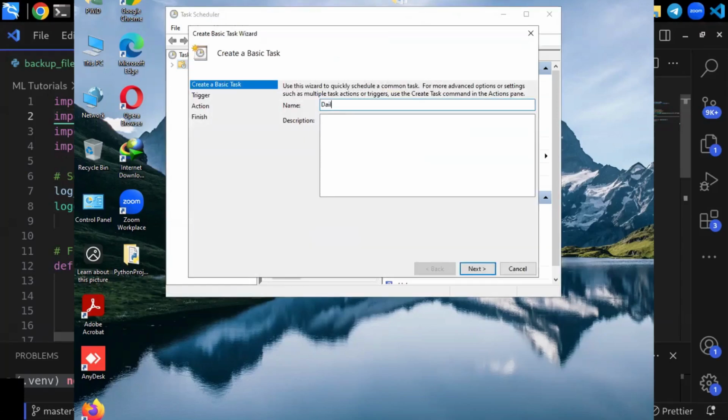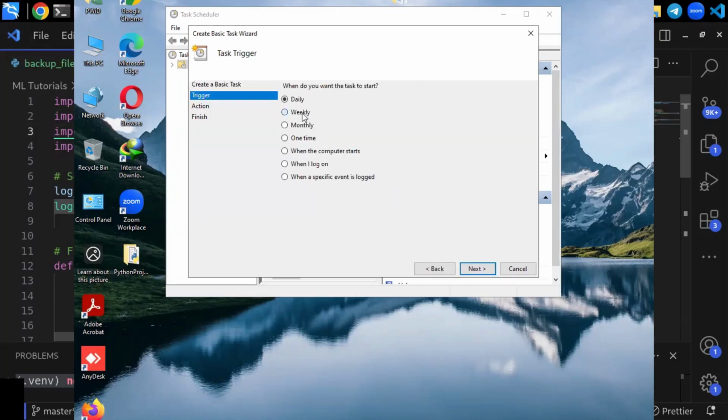Give your task a name like daily Python backup, and you can also give a description of this task. Then click on next, choose a trigger such as daily, or you can also choose different triggers.